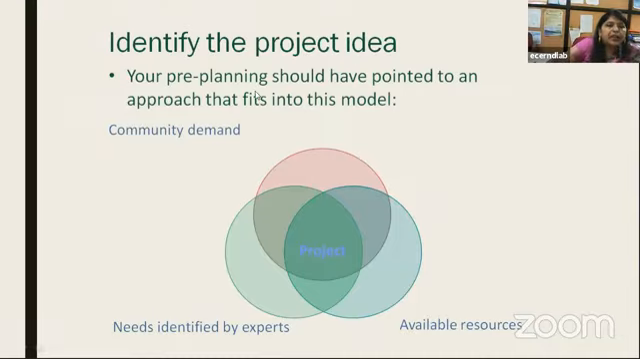Identify the project area. Your pre-planning should have pointed to an approach that fits into this model. What is this? Community demand. What is the demand of the community? What does our society want? Need identified by experts. Then available resources. I will give an example of my own ICMR funding. I got funding in